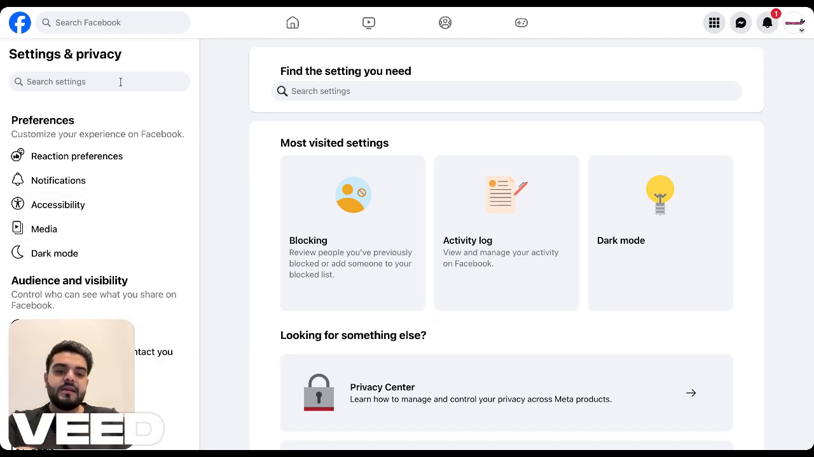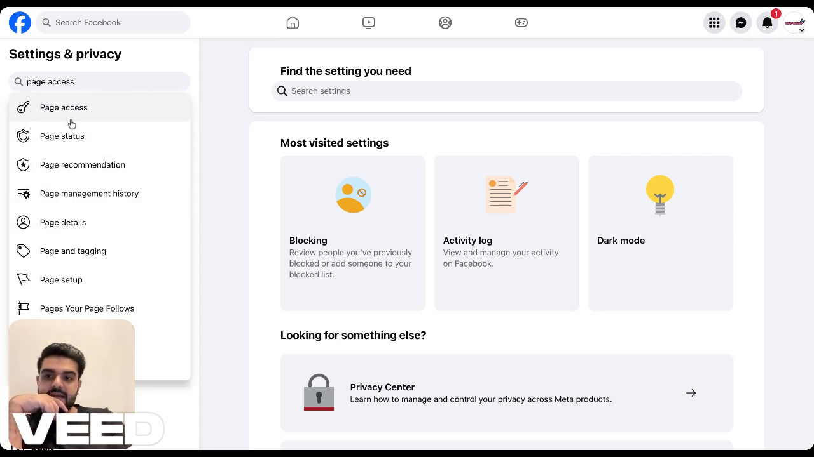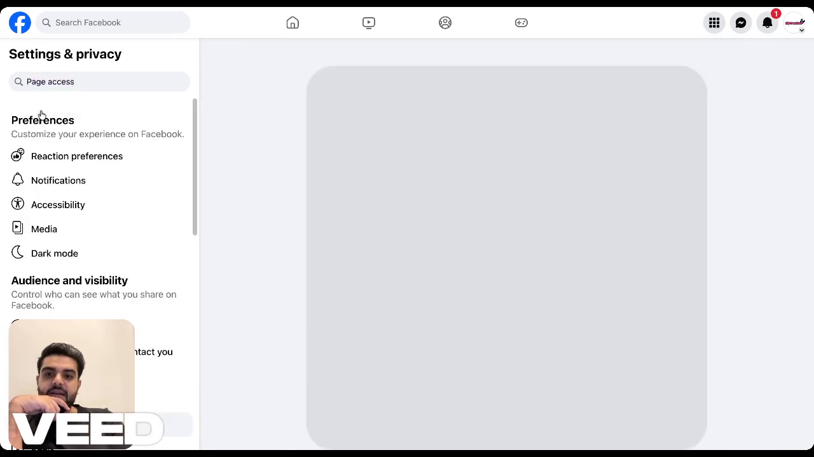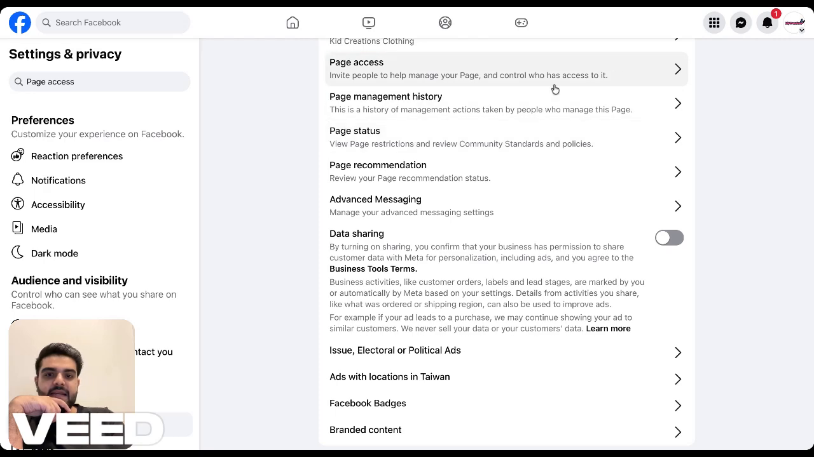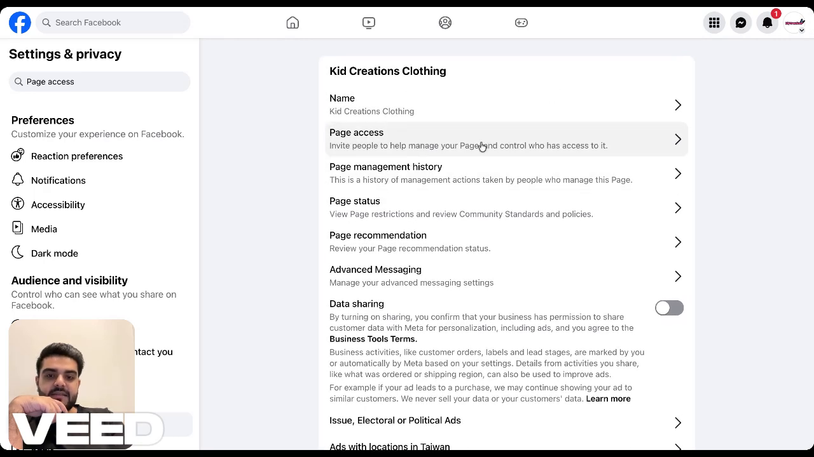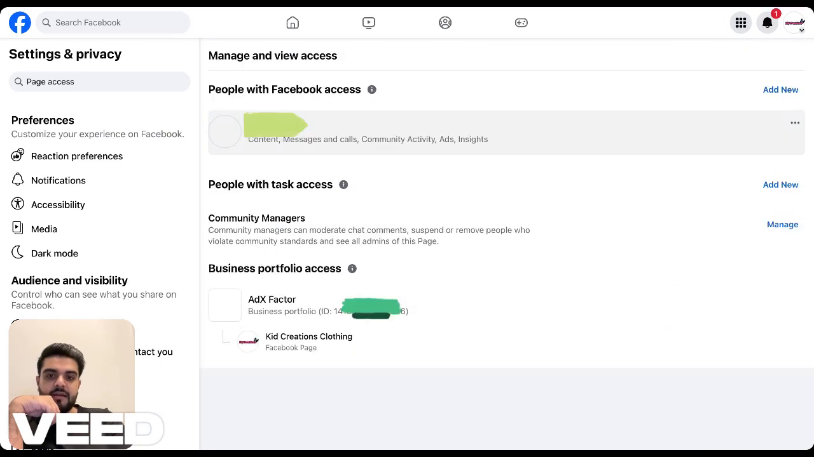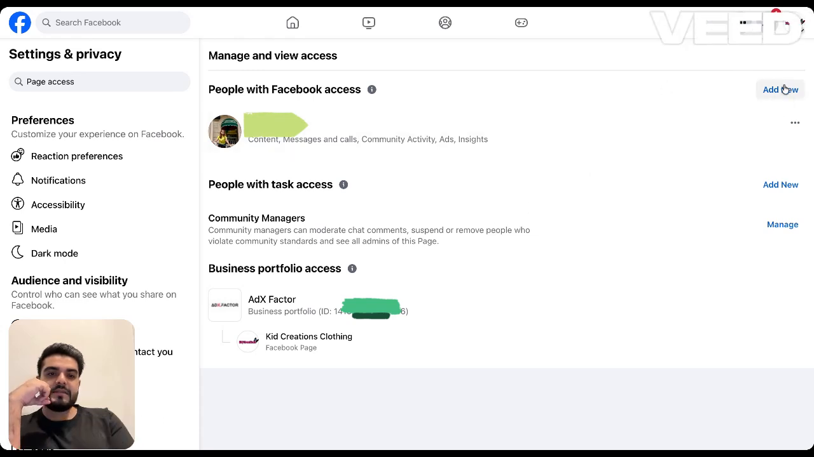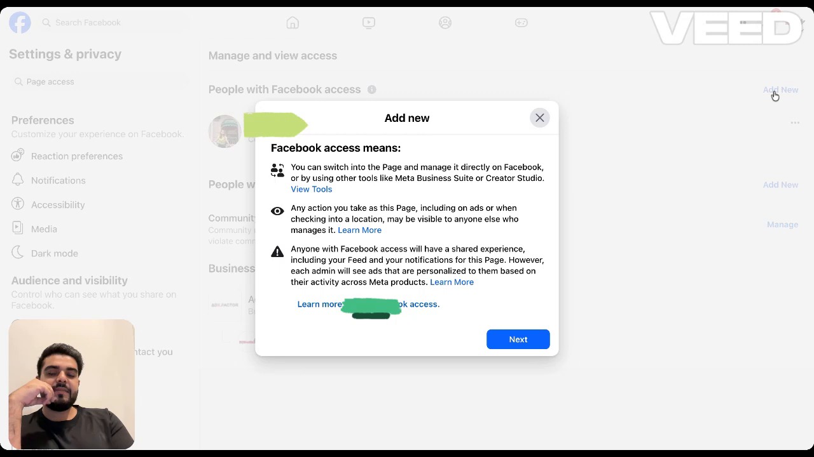Right from here, just simply search for page access. So you will see this option, page access with the key. Just simply click on it. When you click on page access, simply click over here, and here you go. What you can do is give anyone access with a specific task, or maybe someone with admin access. Simply click here, click next,